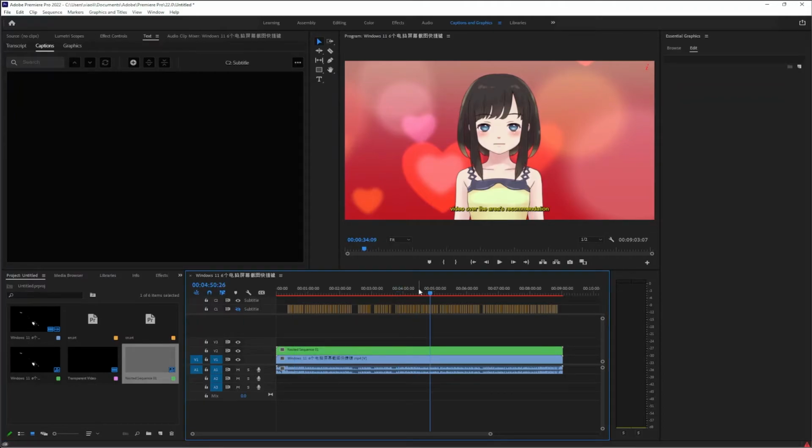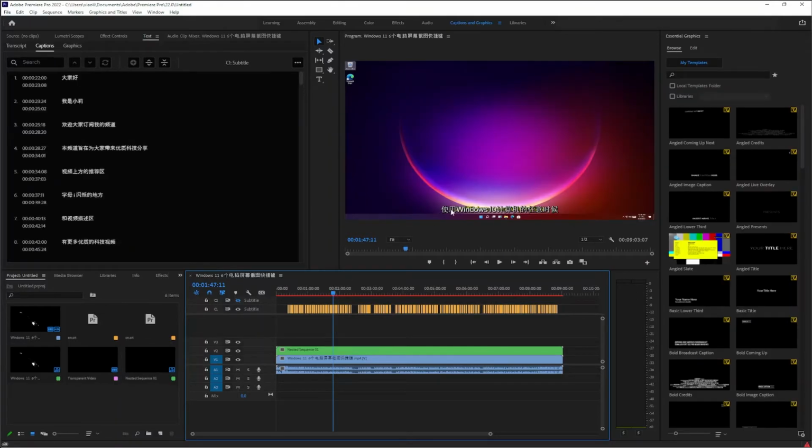Now click on the little eye in the Chinese subtitle track panel. Chinese subtitle becomes visible. Frame the Chinese subtitle track. Set the color and font size of the Chinese subtitles.